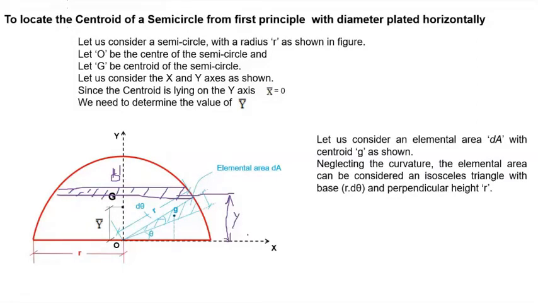So instead of that, in circular figures, we will consider an elemental area, a small triangle. The elemental area is nothing but the small representative part of the whole area. But actually speaking, if you consider this one, it will be very difficult to represent the variation of this b1 in terms of y. So we will be going by this method.